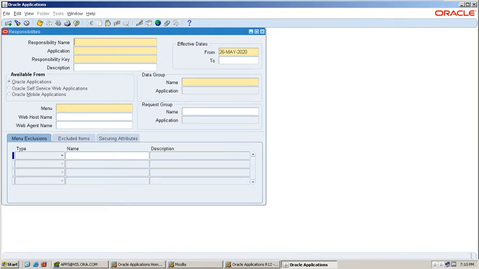See here I am entering the application name, and the responsibility key is the short name of the responsibility.